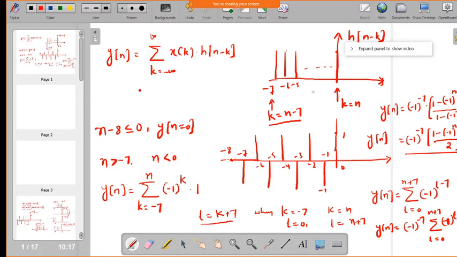So when n exists between minus 7 to somewhere, it will be n here. So in between, there are samples, it is going to convolve. So there are samples in between, so it will be convolved, and it is giving the output y of n. So now this is the output for n equal to minus 7 to, that is n less than 0. So now we can see what happens when n is greater than 0.